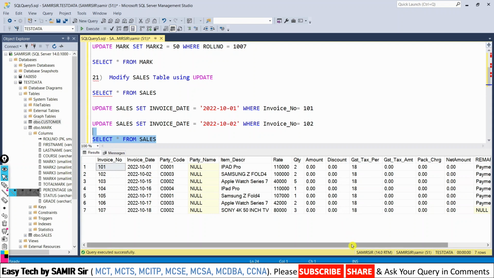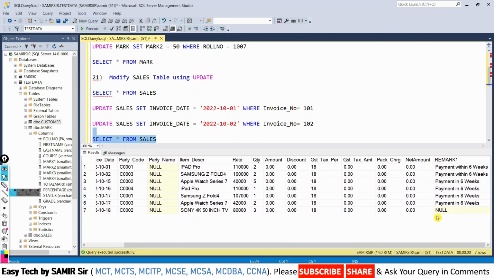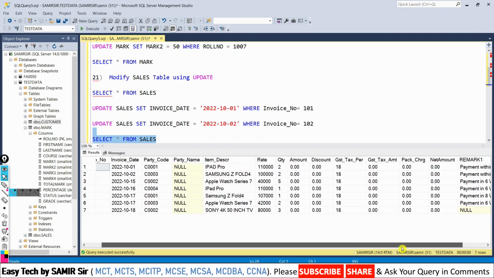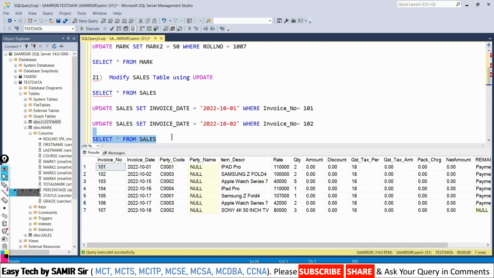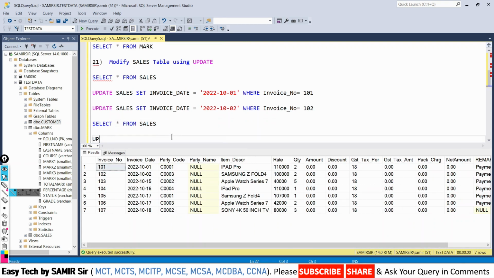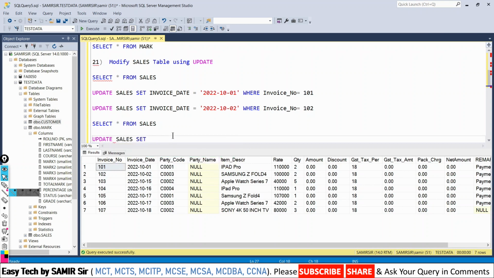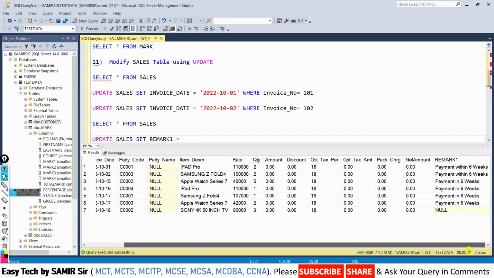All right. Similarly, if you look at the remark field, the last one is showing as null. Let's say I want to give 6 or 8 week credit terms. So I will write the command. We'll say update sales, set remark 1 is equal to. Is this a numeric field or character field? It's a character or varchar, so I'll use single quotes. How many days credit you want to give? Let's say 8 weeks. So I'll say payment